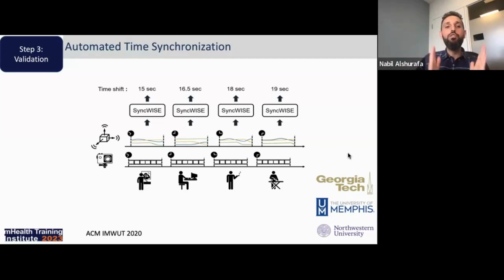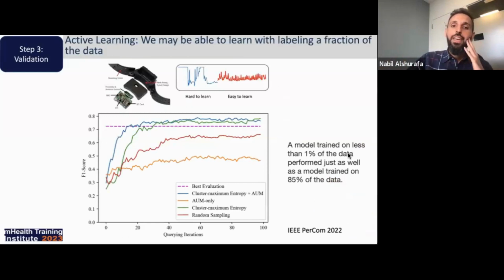So think about feeding these two sensing streams into the ThinkWise algorithm that we designed, and it will automatically tell you this offset. This has been an interesting area of research as well, working on time syncing between different devices.